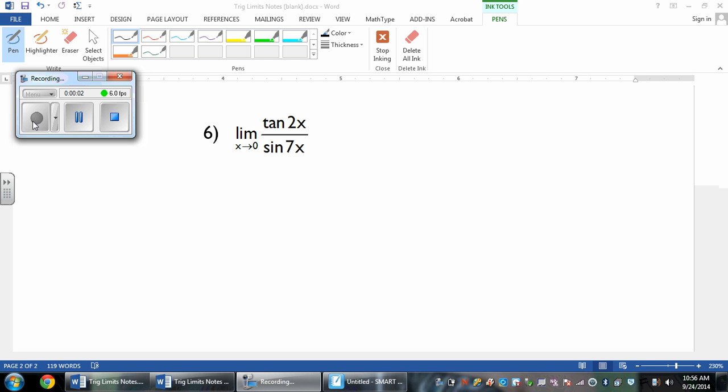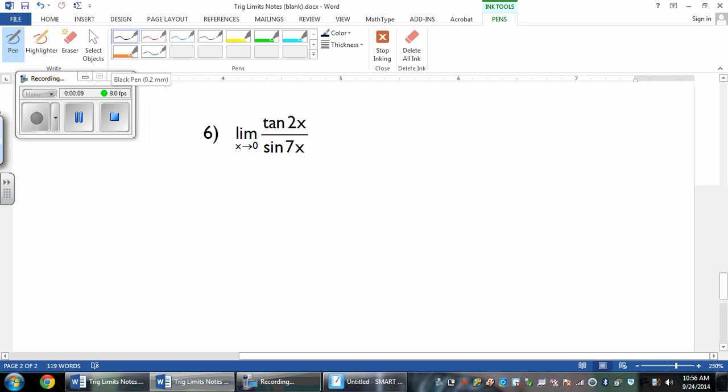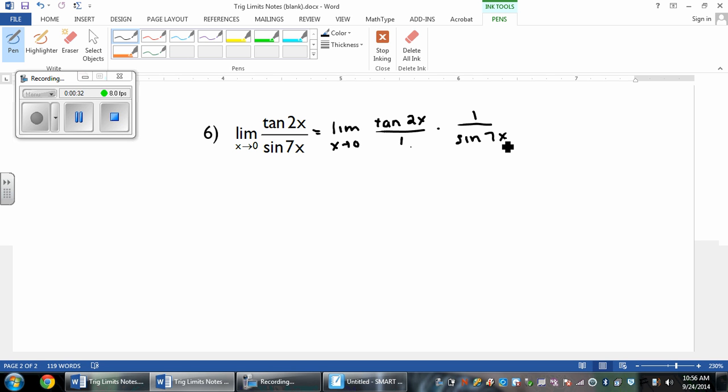Alright, the next problem that I'm going to do is number 6 on your notes. So I'm going to start this problem very similar to number 1. I'm just going to expand by using those properties that we talked about in the front. So this is going to equal the limit as x approaches 0 of tangent of 2x over 1 times 1 over sine of 7x. Now, if you notice from our trig identities, I can actually rewrite tangent of 2x as